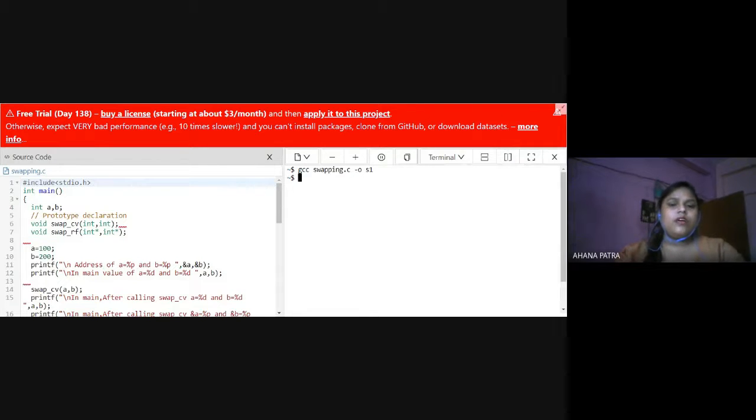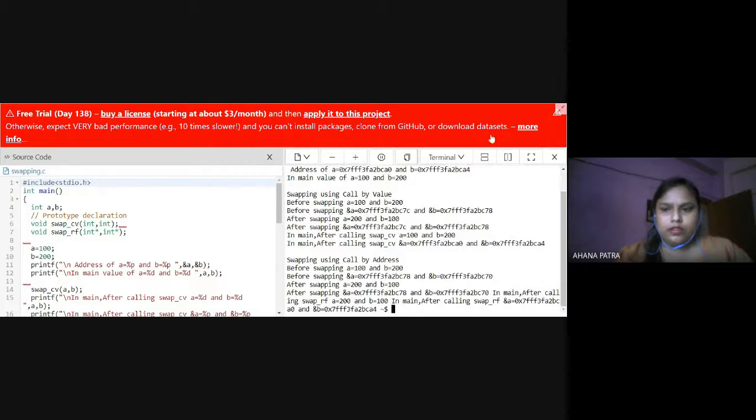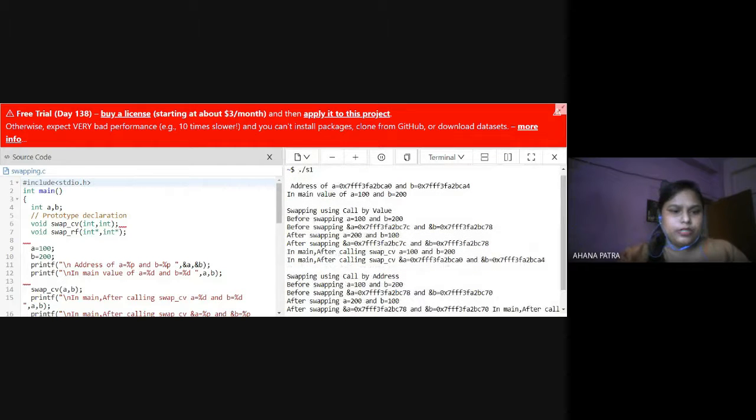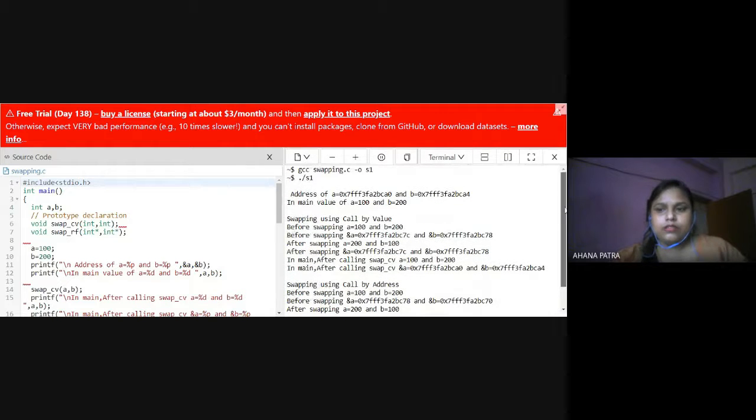First we compile the program. Now we run the program. Now there are lots of printf statements, so there are lots of values, but you can understand very easily that first, in the main, the address of a is something, last digits ca0,